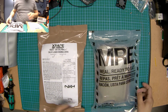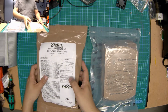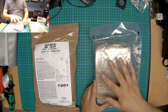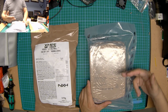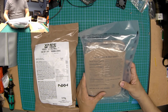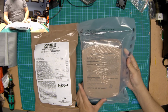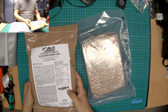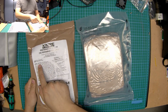I guess in terms of labeling, this package does seem more thorough in your own hands versus the meal kit supply. Because you have a transparent plastic bag, you can see only what is physically visible through the packaging. So right here you can see the heater sleeve of the entree, which in this case is beef ravioli and meat sauce, whereas this one's veggie chili meal kit, and it lists all the individual components for the veggie chili,